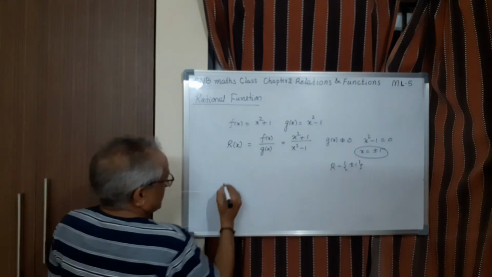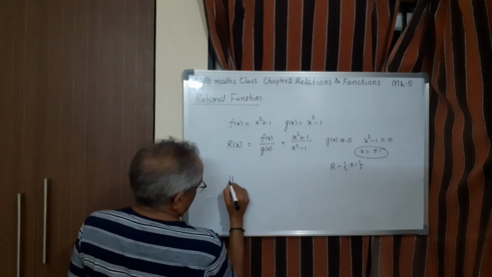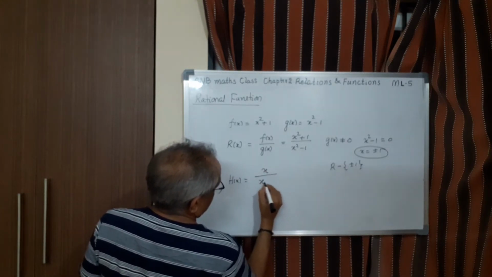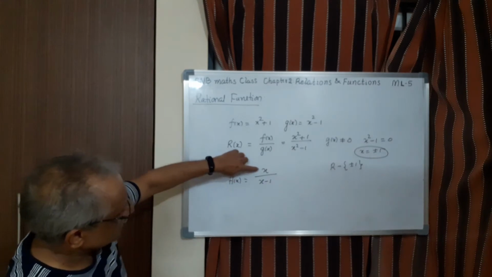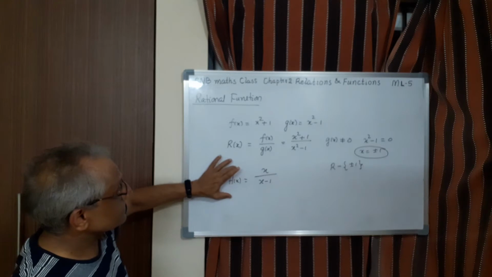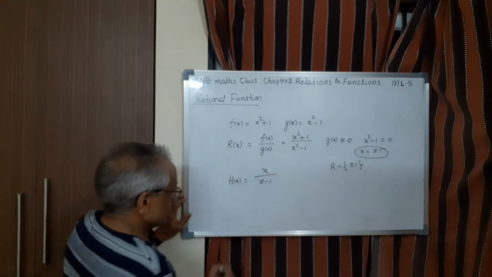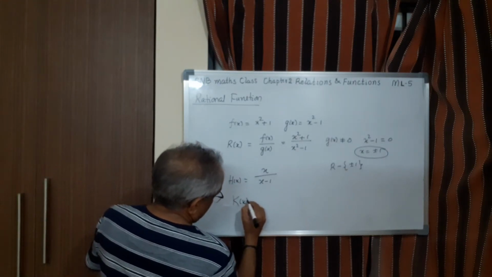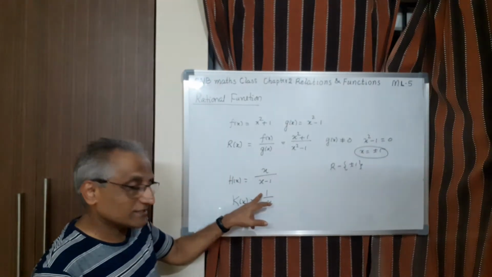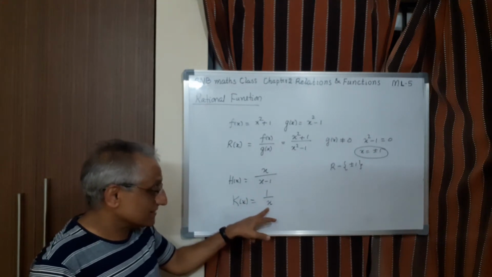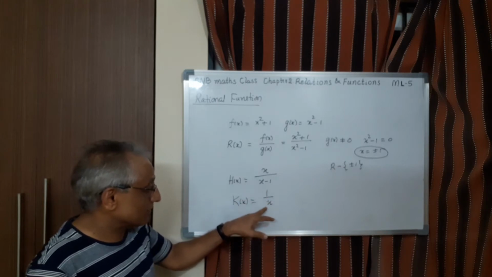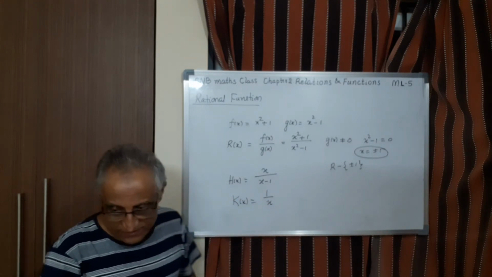Similarly, we can take a lot of examples, say h of x, another function, say for example x divided by x minus 1. So this is a polynomial function, though it is identity, polynomial function divided by another polynomial function. This is a rational function. So even we can take say k of x equal to say 1 by x. This is also a rational function. 1 is constant, but constant is a polynomial. x is identity function, but identity function is also a polynomial. Therefore polynomial by polynomial, this is a rational function.